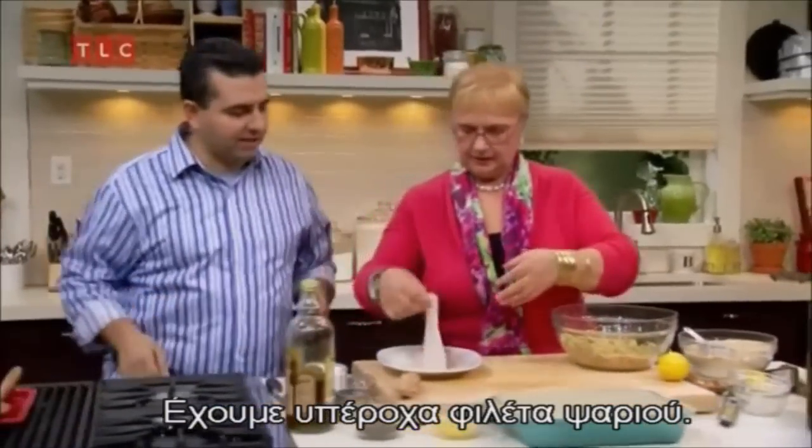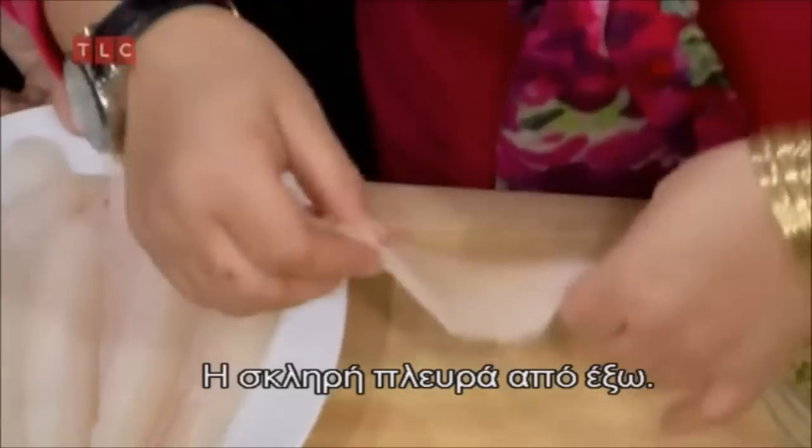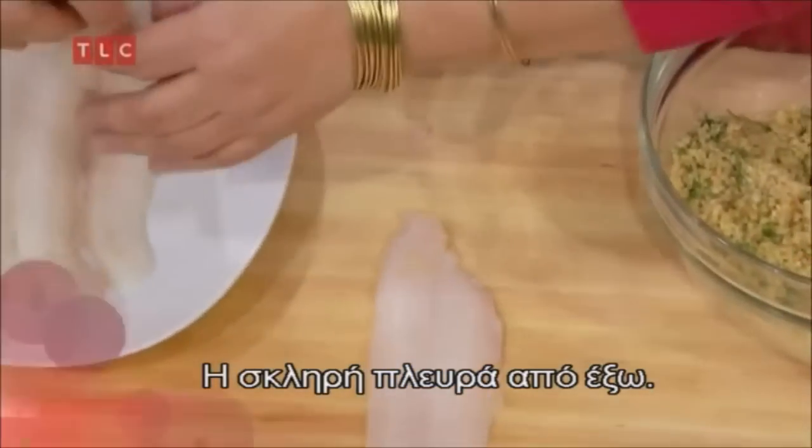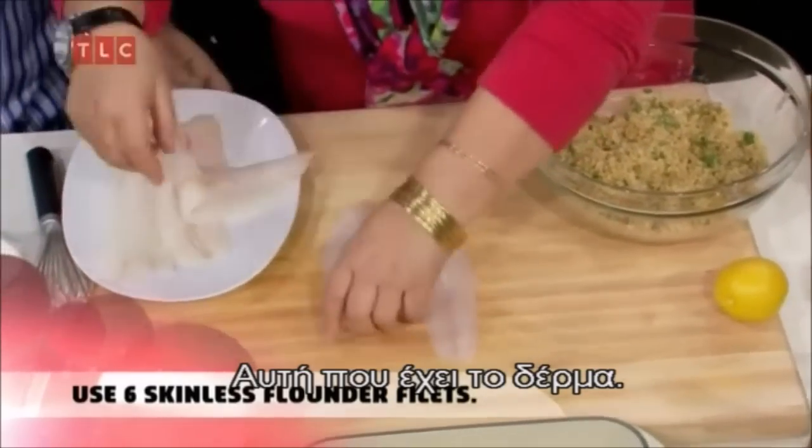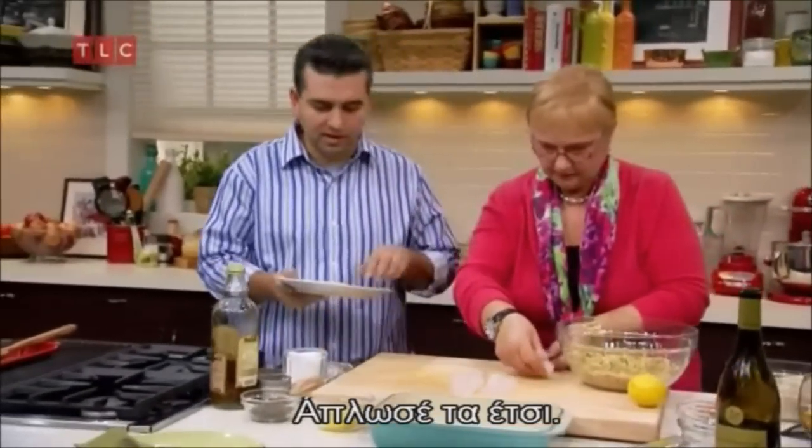That's okay. Okay. So now we got some beautiful fillet here, right? Nice, beautiful. I love it. So, yeah, I think the stronger part you leave on the outside. You know, like the thicker part. By the skin. Okay, just spread them out like that. We're going to line up our...